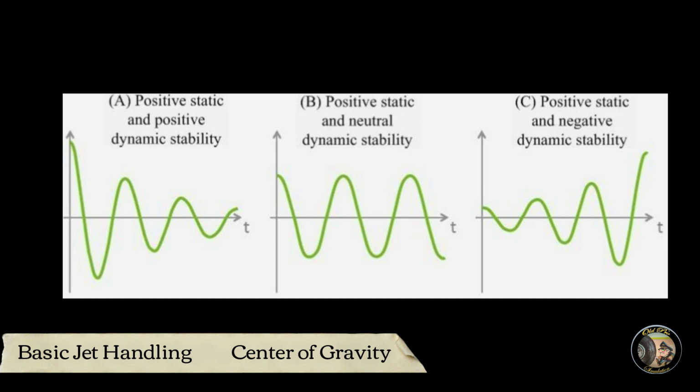An in-flight example of this would be an aircraft flying in level flight at 250 knots. I displace the nose up 10 degrees and then release the stick. The aircraft, if it's in positive stability, will go through a series of vertical oscillations, airspeed decreasing and increasing as the nose moves up and down, and eventually return to 250 knots in level flight at the altitude that it